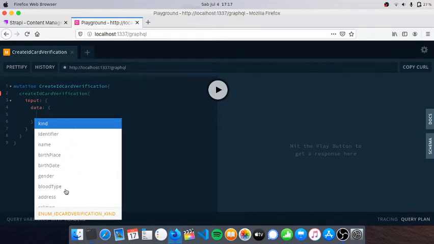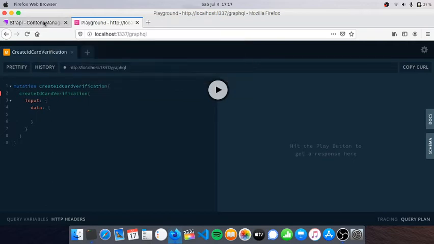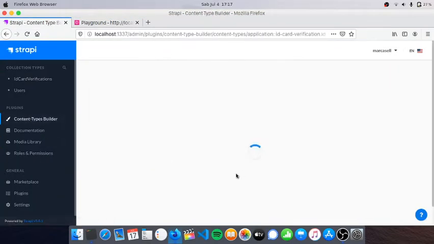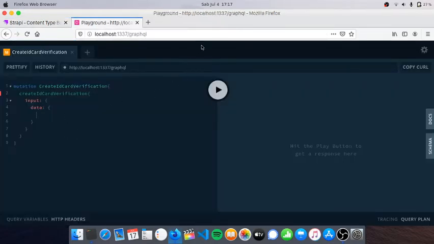These are the fields that you have in your collection type named ID card verification: kind, identifier, name, birthplace, birth date, and so on. I'll just put kind, and put a colon,